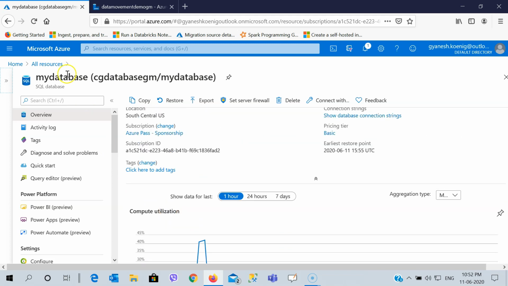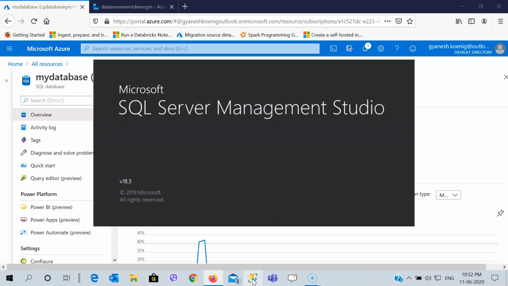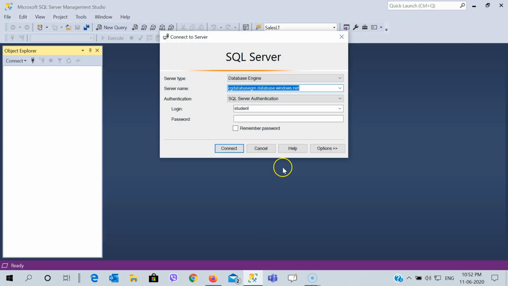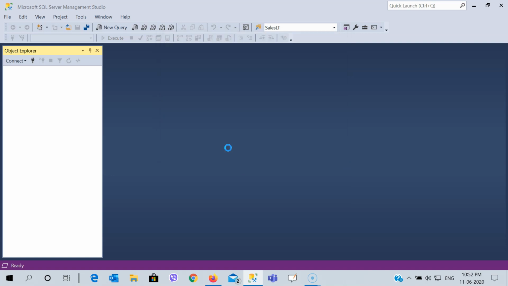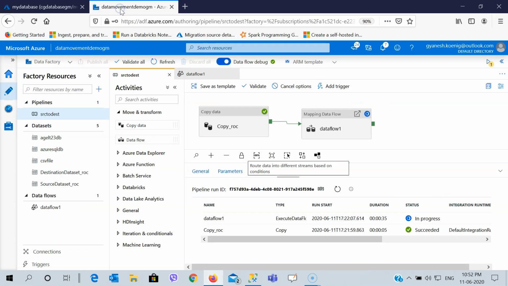If you want, you can access these databases by using SQL Server Management Studio as well, which is an easy way to do it. So I'm going to show you via SQL Server Management Studio, where I've already set up the name of my database, and I'm then setting up the password as well, and then I will say connect. So once the connection has been established, I can monitor this pipeline as well, to see what the status is. It is in running mode right now.